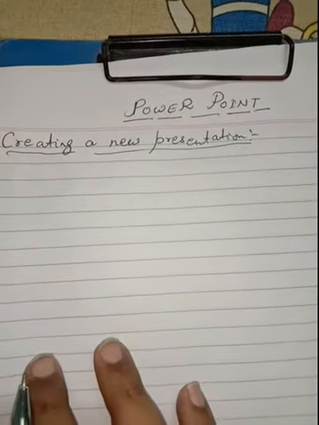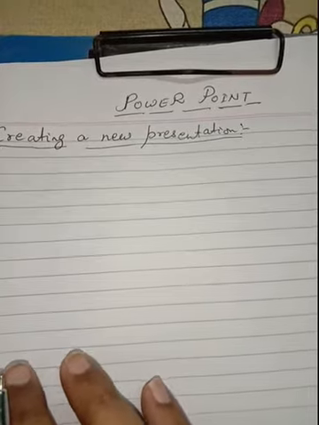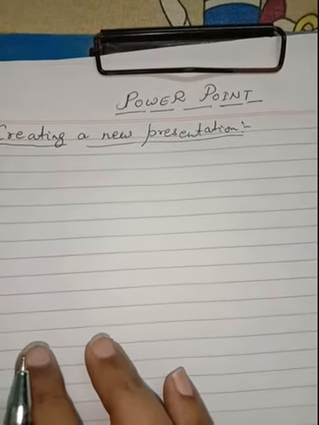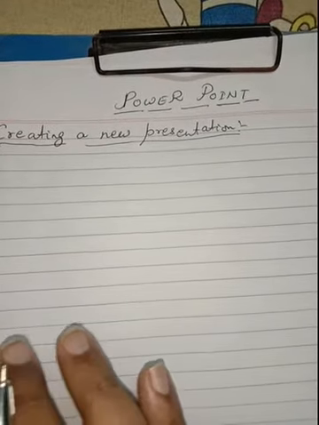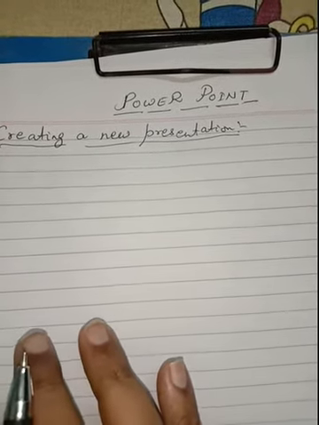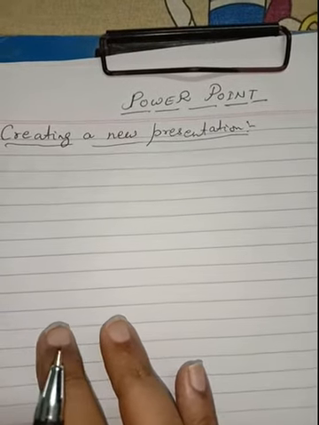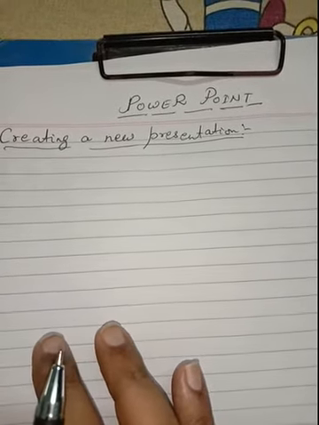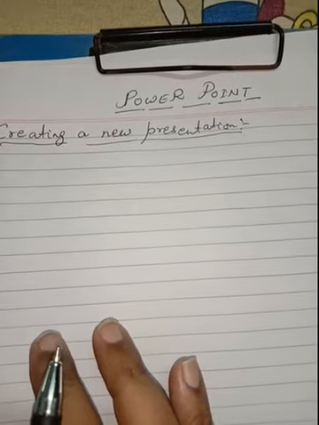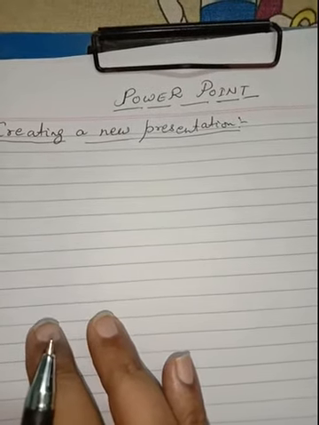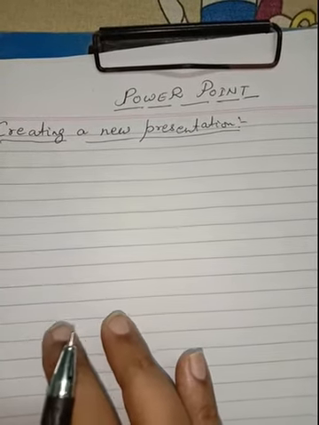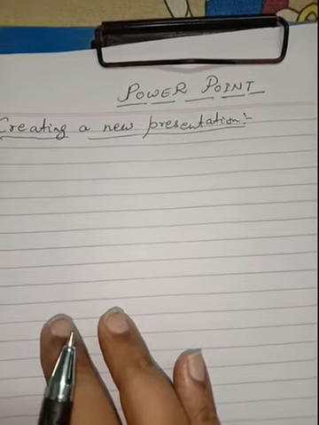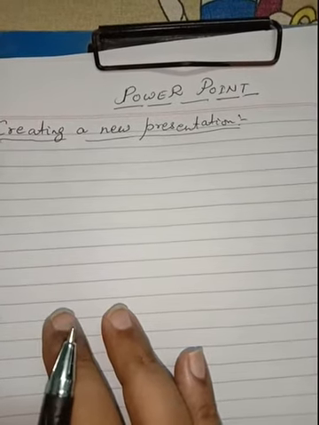Whenever we start MS PowerPoint 2010, a file named Presentation1, which will contain only one slide of title slide layout, will open before us. It is available by default in MS PowerPoint. The slide will consist of two placeholders, the title box and the subtitle box. In order to start making a new presentation, a blank presentation is the best option.